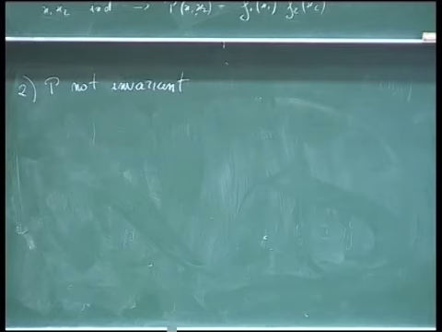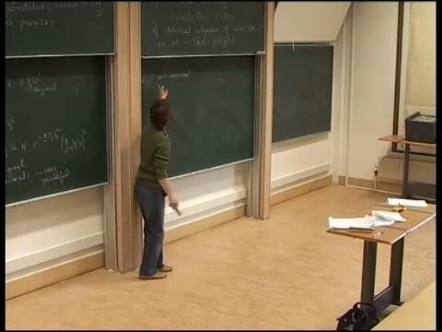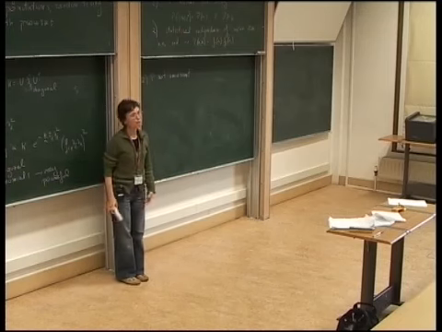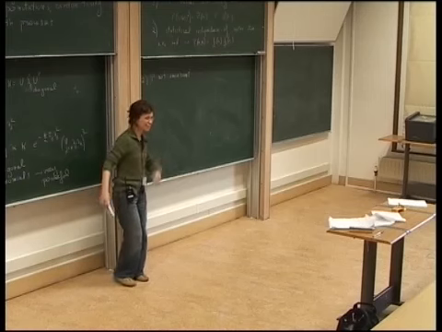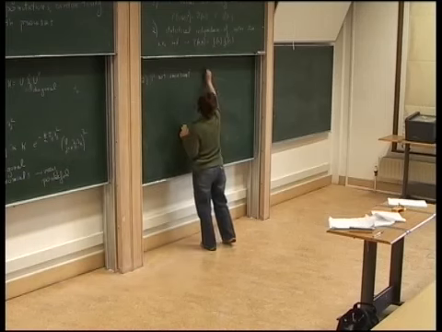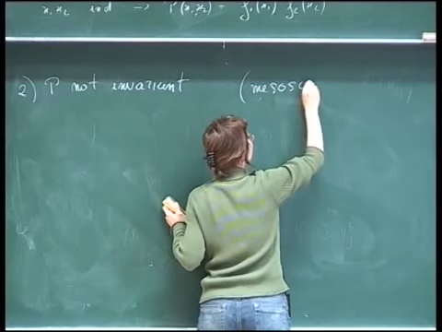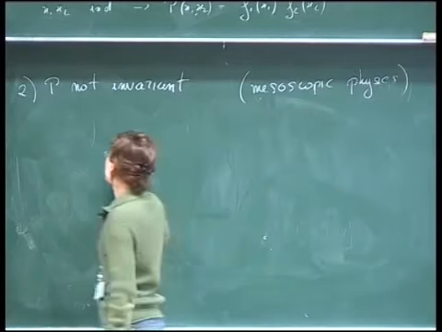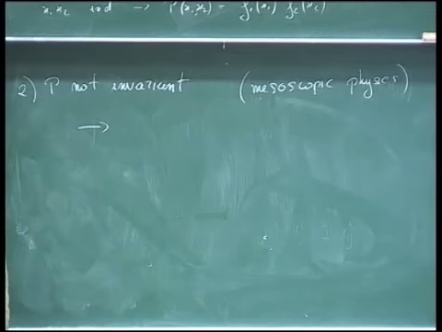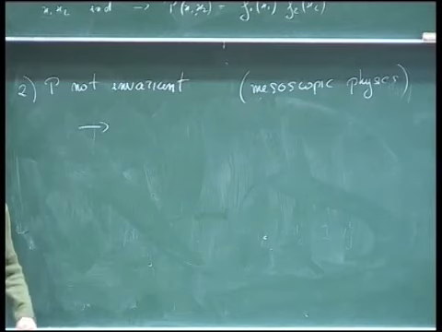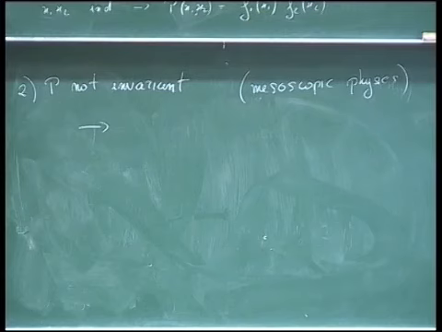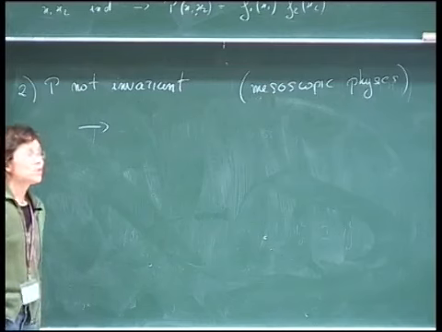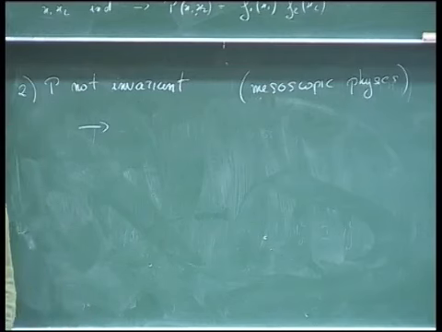Well, it turns out that mesoscopic physics problems fall all into this category, so the situation when the probability distribution is not invariant. Otherwise, life would be much easier. Well, in this case, we cannot use the classical techniques. There is no way to get an explicit expression for the joint probability distribution. So we have to work with P of H. And the technique which is more widely used is supersymmetry.